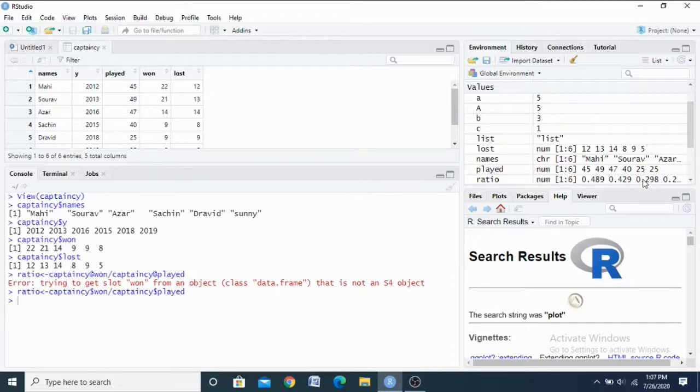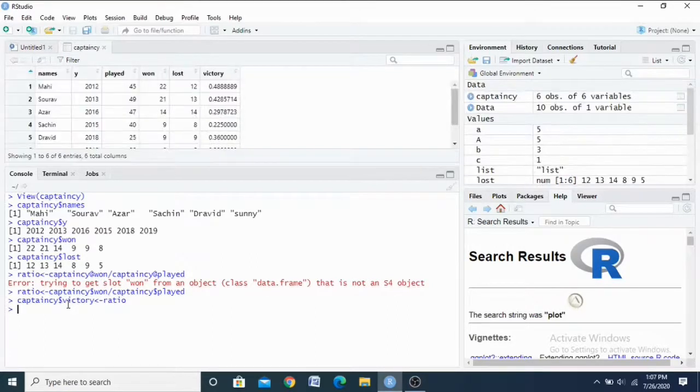Now I have to include this ratio value in my data frame. I have to add it at the end. For example, captaincy dollar, I will give one new name, captaincy dollar victory, and assign the value of ratio.